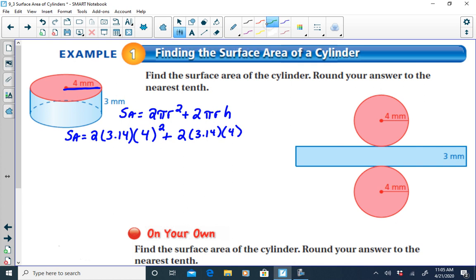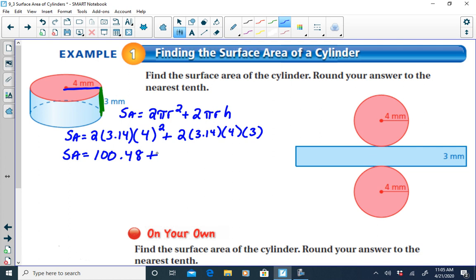Well, the h is going to be this distance here. I'll mark it off in green in the picture. And that's going to be a height of 3. Now at this point you want to use your calculator. So surface area is going to be equal to 2 times 3.14 times 4 to the second power. Now when you enter these numbers into your calculator, make sure that you do the exponent first. So you'd have to do the 4 to the second power first, and then multiply that by 3.14 and then times 2, and we should get